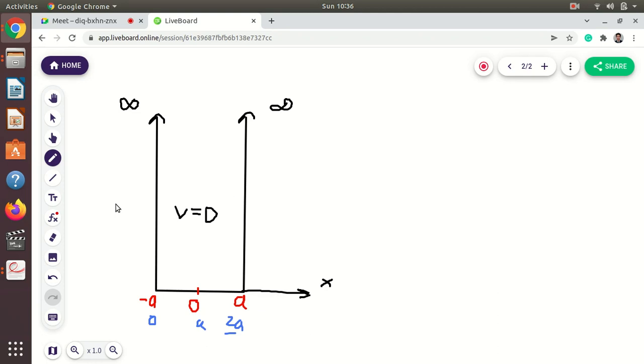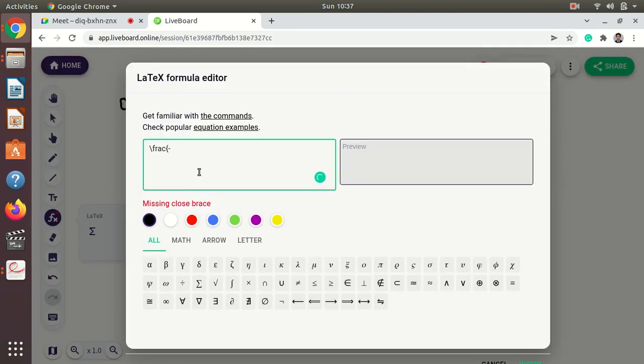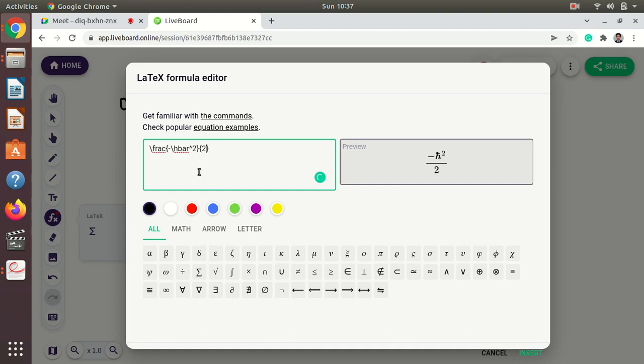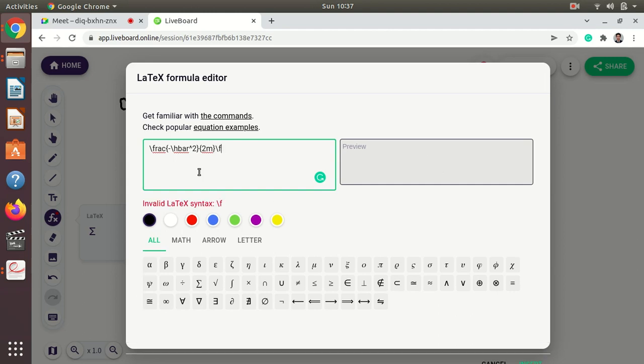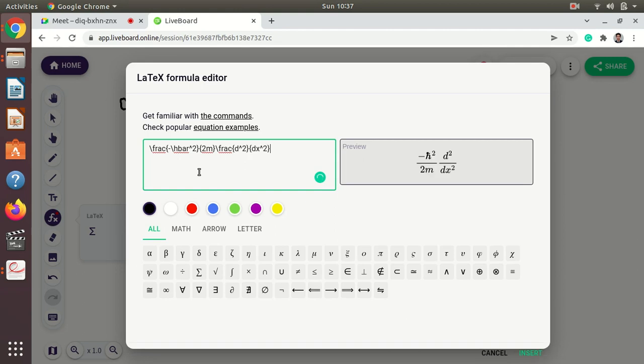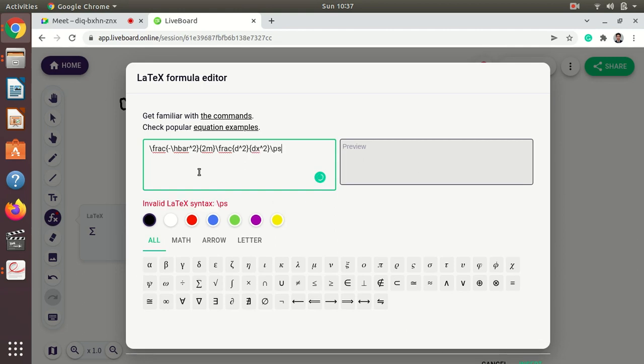Therefore we can use the time independent Schrodinger equation, minus h cross square upon 2m. This is the kinetic energy operator, and we are writing in one dimension only. I will also write the second derivative, d square upon dx square, which will operate on the wave function psi, right,